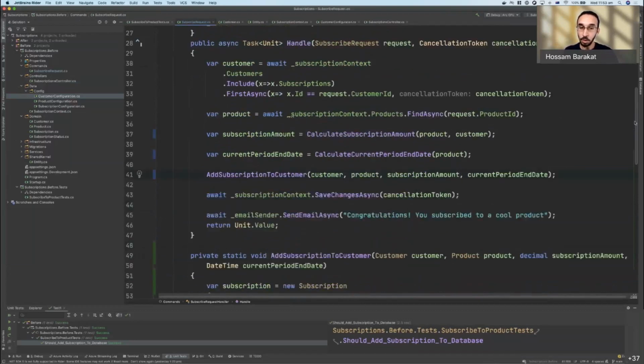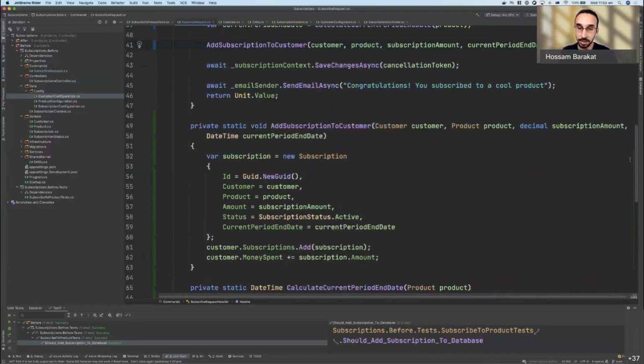All right, let's go and view each of those methods and see what issues we have and how we can push that behavior to be part of the domain model. The first method here is adding a subscription to customer. I can see a few issues with this method. The first one is that creating a subscription itself is done via an object initializer. And this means the